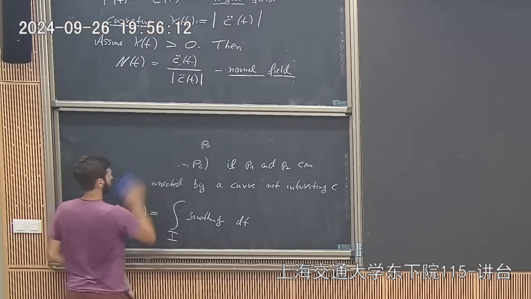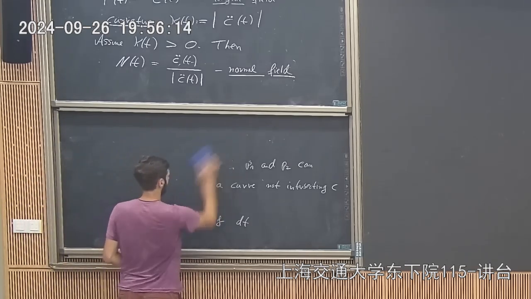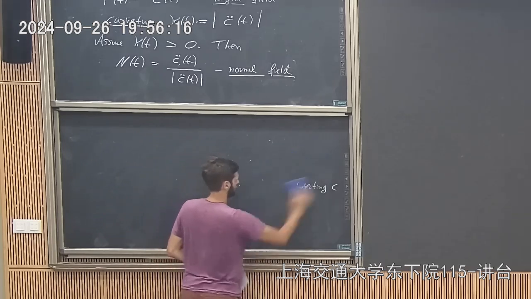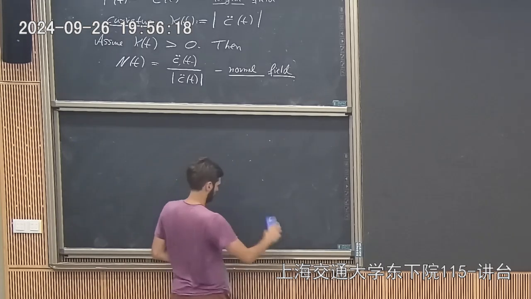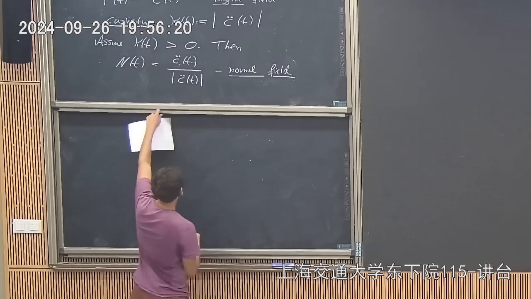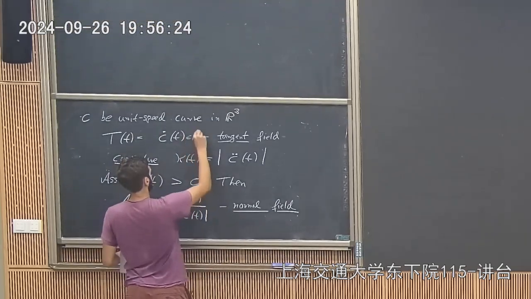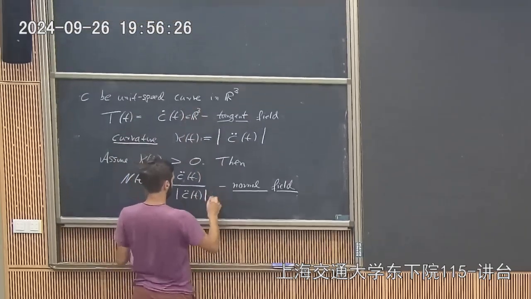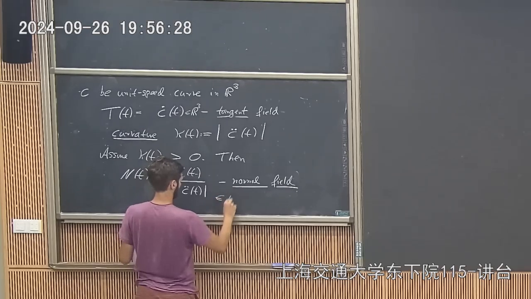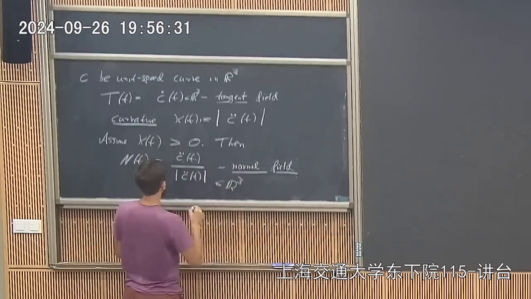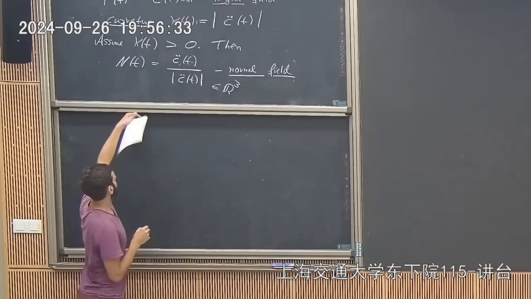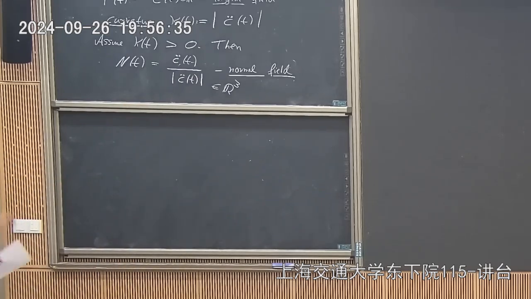The important difference here is that these are now vectors really in 3 dimensions and not in 2 dimensions. So maybe I'll write this down. This one is really a vector in 3 dimensions, and so it's the normal vector field. So every time you get